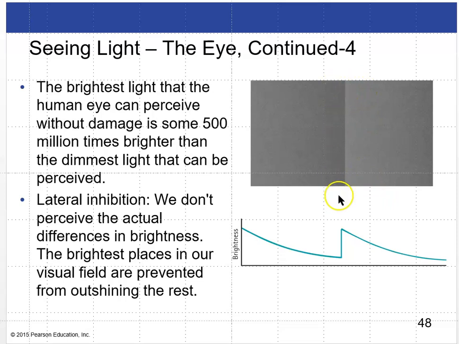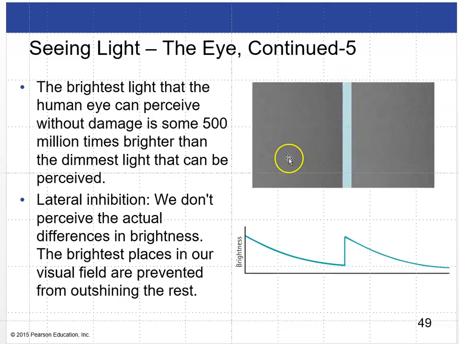But you can see this sharp, apparently sharp delineation of brightness. When you separate these two, by putting this in here, this looks about the same as that does. Even here, it looks about the same. That's because of this lateral inhibition. It protects us from having this